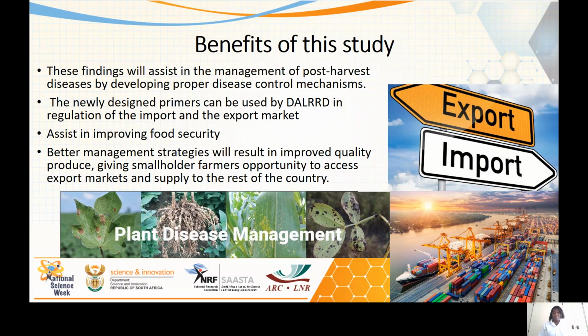So these findings will assist in the management of post-harvest diseases by developing proper disease control mechanisms, and the newly designed primers can be used by DALRRD in regulation of the import and export market, because when the fruits or crops are about to be exported, they can be tested, after they have been harvested, to see if they are infected with Colletotrichum, which causes post-harvest disease, and then disease management strategies can be applied. And also because some other species in other countries are regarded as species of quarantine importance, it can be used as